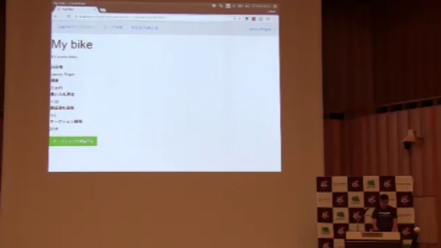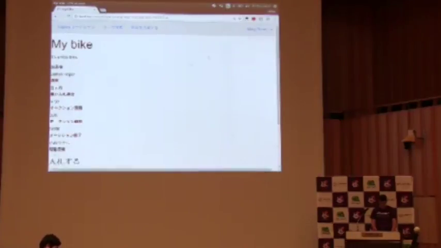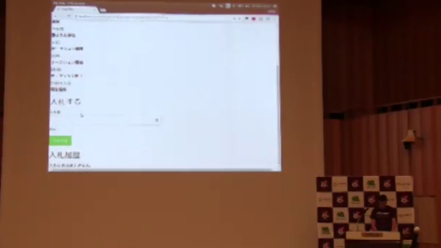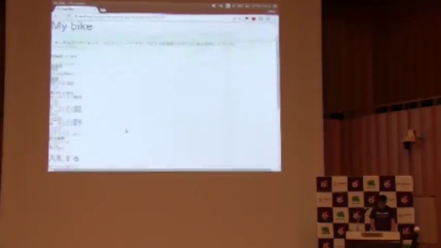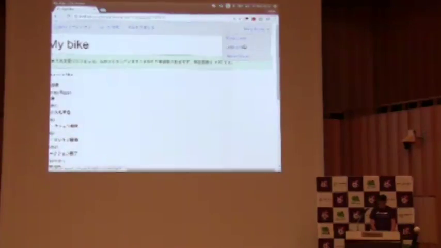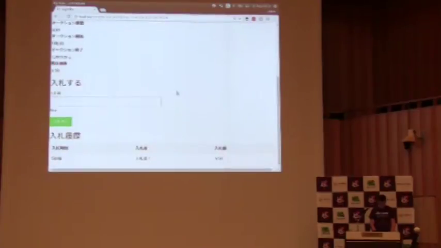I log in as Mary, and I can bid, let's bid 5,000 yen. Now the minimum for the bid is 50 yen. Now I'm going to log in as John, and John's going to bid 500 yen, which is accepted, but then it's automatically outbid by Mary because she bid 5,000 yen, and so he's going to bid 1,000.